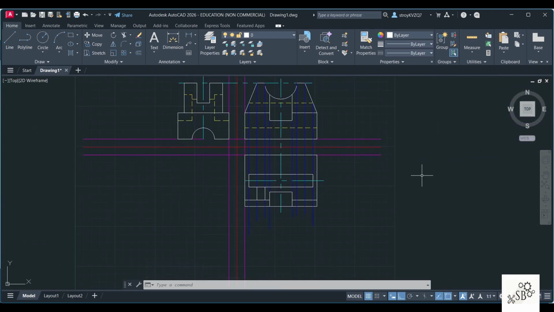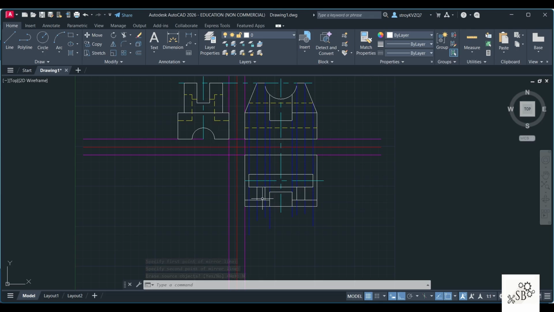So once you have done this, now what you can do is you can just mirror. I'll start with the first mirror, wherein I'm going to mirror these two objects. Enter. It is asking for the start point and the end point. I have mirrored and not erased the source object. So this has got copied.